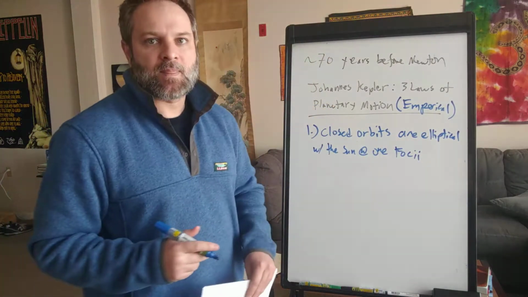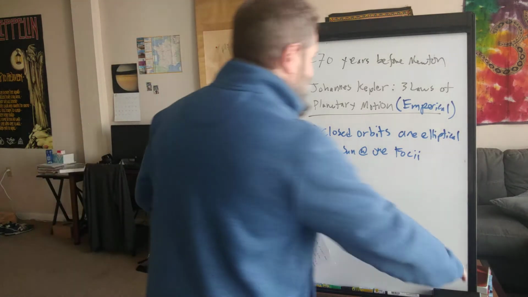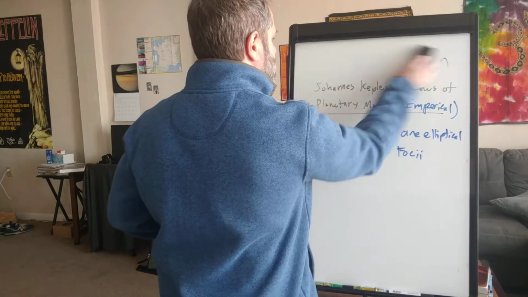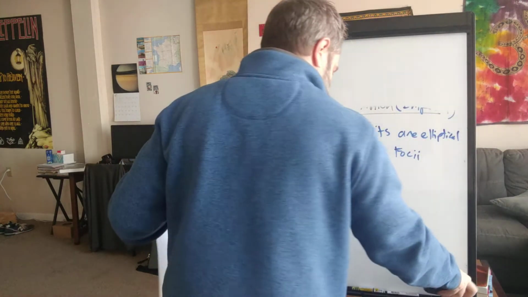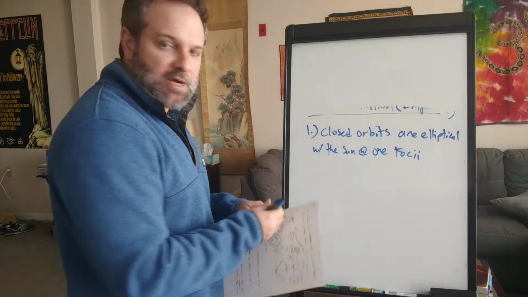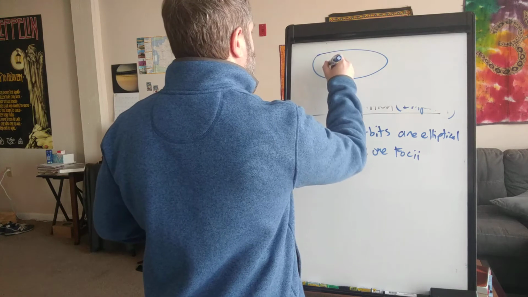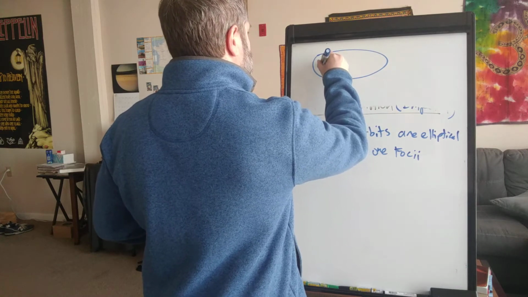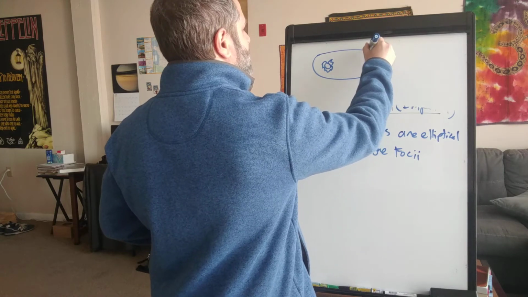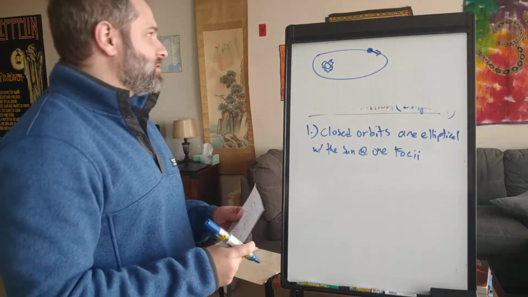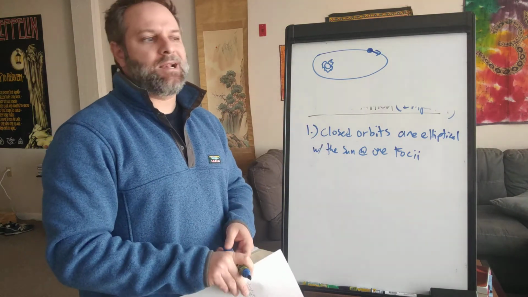Rule number 1, closed orbits are elliptical with the sun at one focus. So if we were to draw this, and I'll talk more about the shapes of orbits next class, we would have an elliptical orbit, sun at one focus, and whichever planet we're talking about goes around on this orbit. And you might think, well, aside from Pluto, which isn't even a real planet anymore,